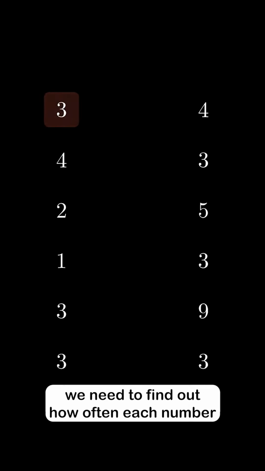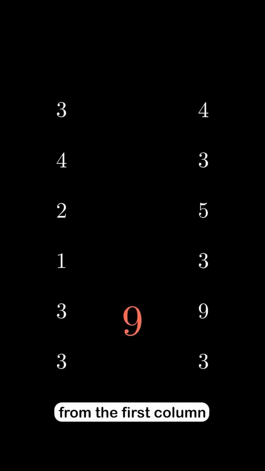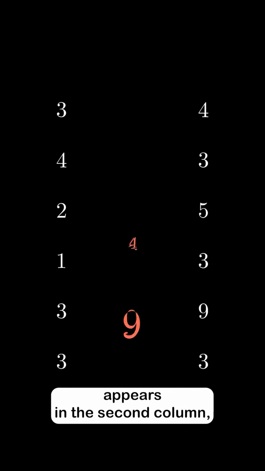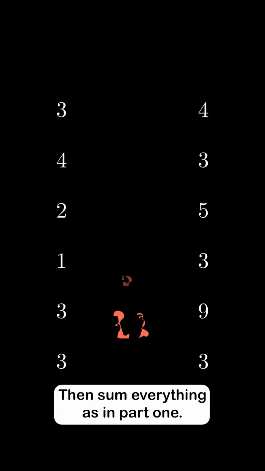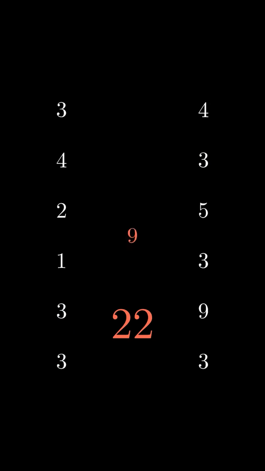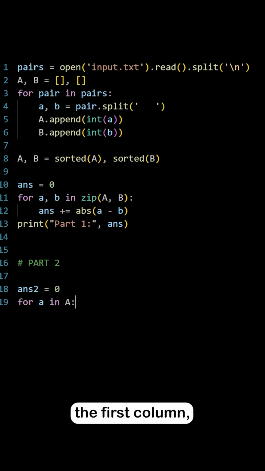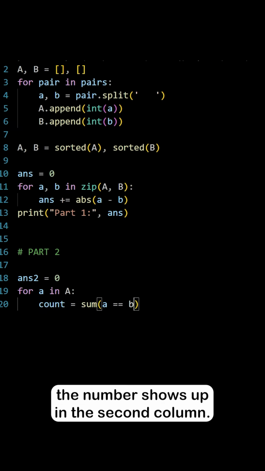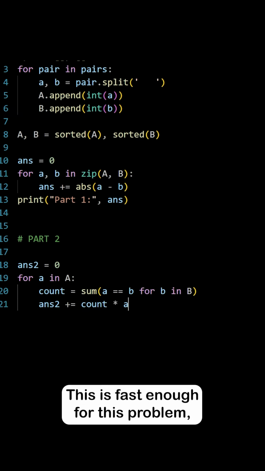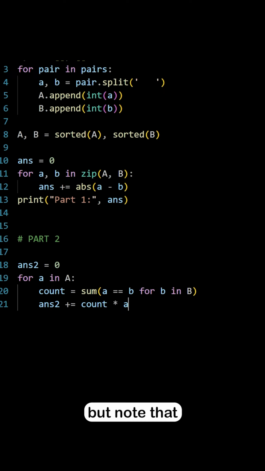For part 2, we need to find out how often each number from the first column appears in the second column, and multiply it by the number's value. Then sum everything as in part 1. One solution is to loop over the first column and, at each iteration, count how many times the number shows up in the second column. This is fast enough for this problem, but note that the time complexity is quadratic because this is essentially a